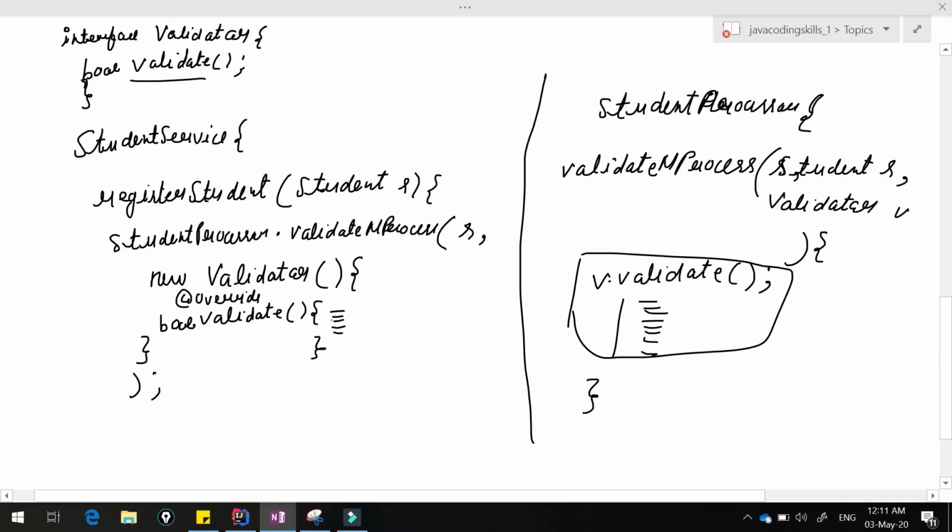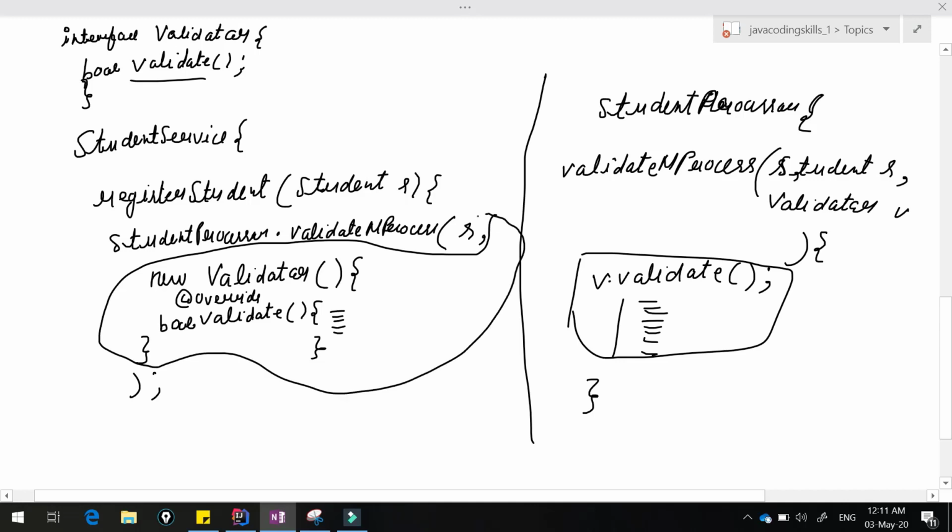So what we are doing here? Here we are calling new Validator, and we are overriding this. If you compare this code with the comparator, the result set extractor, and the action listener, the same style we are writing here, right? From here to here, it looks the same, right? For the second parameter, we are writing a new interface name, Validator, and we are overriding the particular method. So this is the concept of anonymous classes.